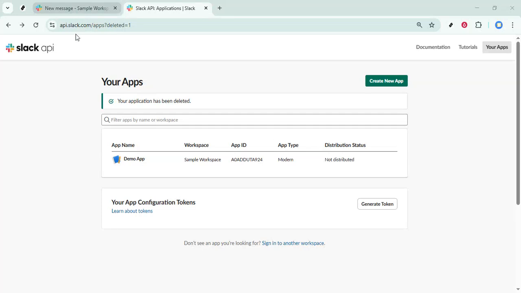In today's video, I'm going to teach you how to manage Slack apps. Managing your Slack apps starts in one central place, the Slack API dashboard. Open your browser and head to api.slack.com/apps. If you aren't already signed in, Slack will prompt you to authenticate and select the workspace you want to